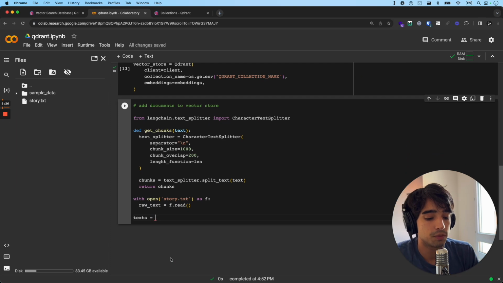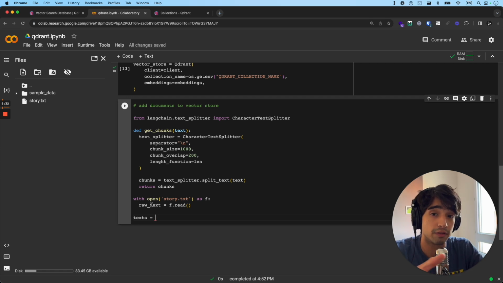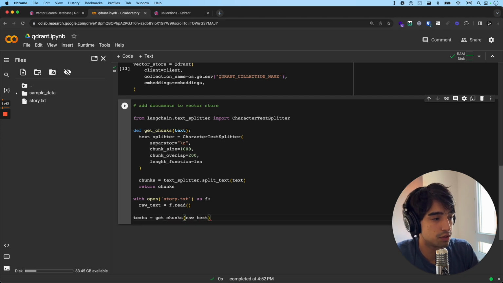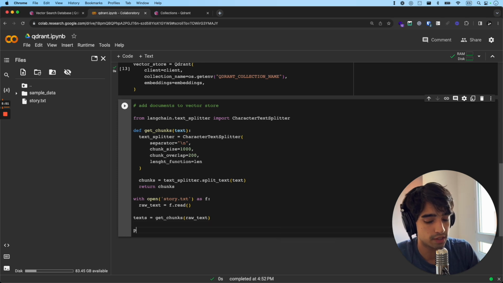So now I'm going to take my raw text and divide it into different chunks of text with my function getChunks. In order to do that, I'm just going to call getChunks and pass in my raw text like this. Now that I have my text right here, let me just show you what it looks like. If I print it,